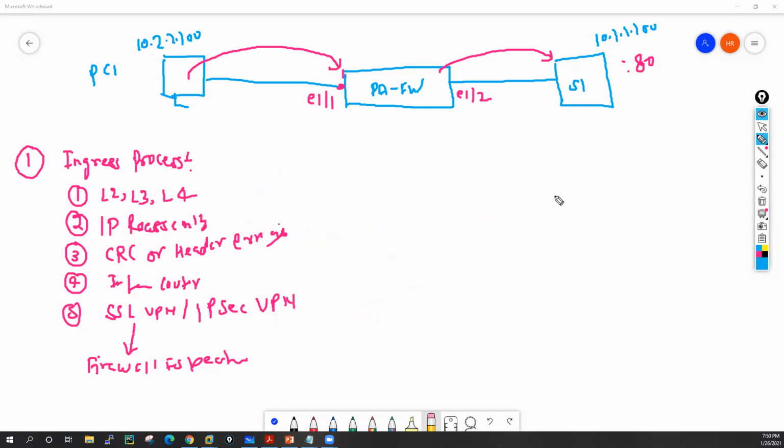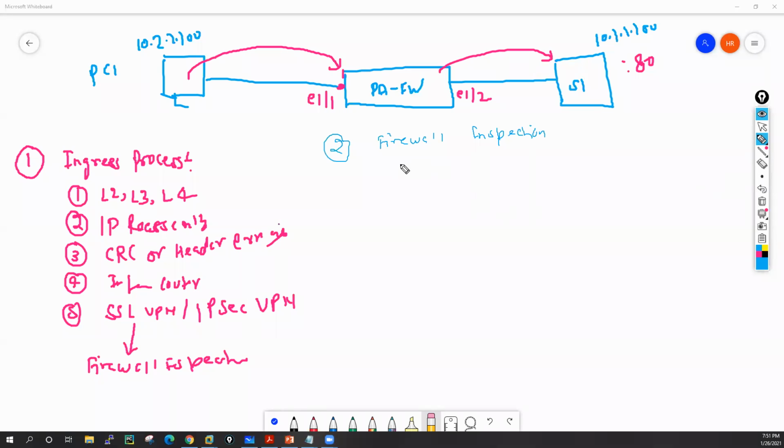So this is the second stage. And let me draw here firewall inspection, meaning inspection is applied for this particular traffic.